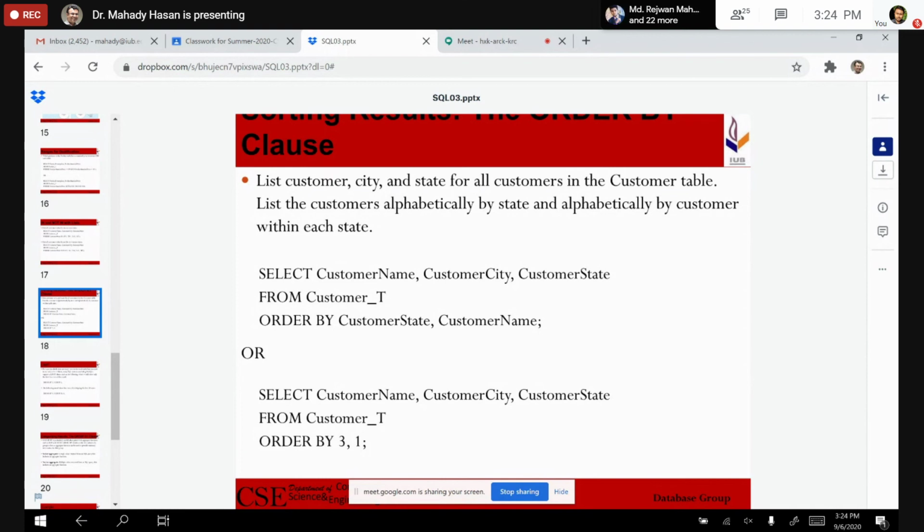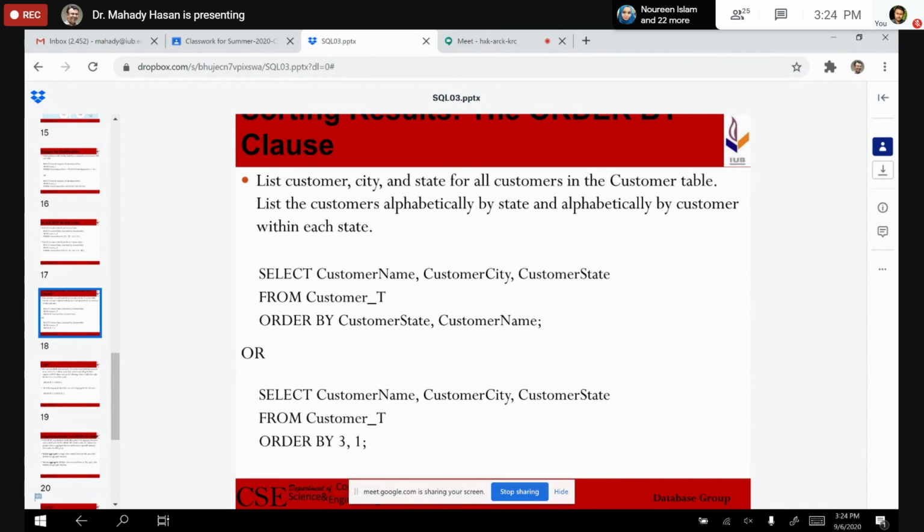List the customers alphabetically by state and alphabetically by customer within each state. So here we say select customer name, customer city, customer state from customer, order by customer state. First of all, it would be order by customer state, then it would be order by customer name.